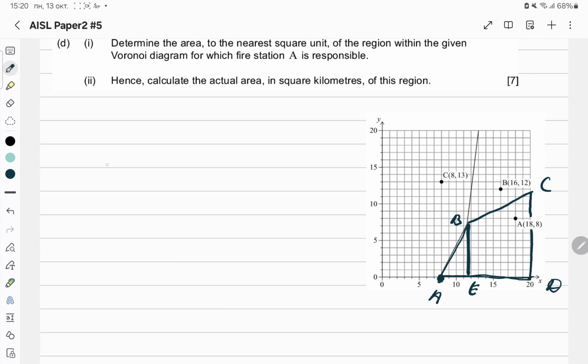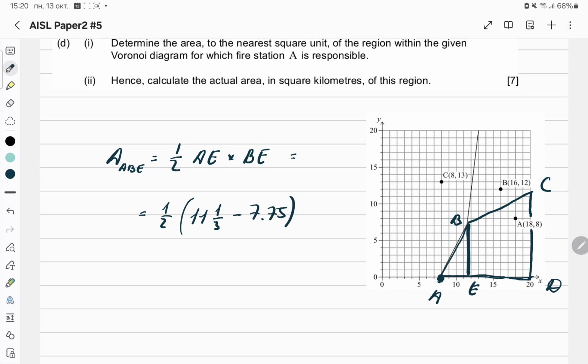So the area of small triangle, area of triangle ABE will be equal to 1/2 according to formula, and we're using this distance AE. So I will write AE multiplied by BE. And now let's find AE. AE is equal to 11 divided by 3 minus 7.75, and BE,